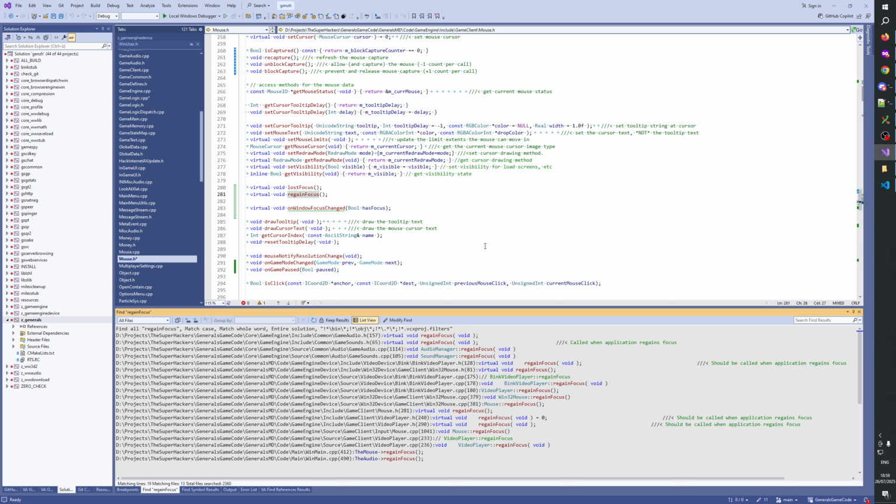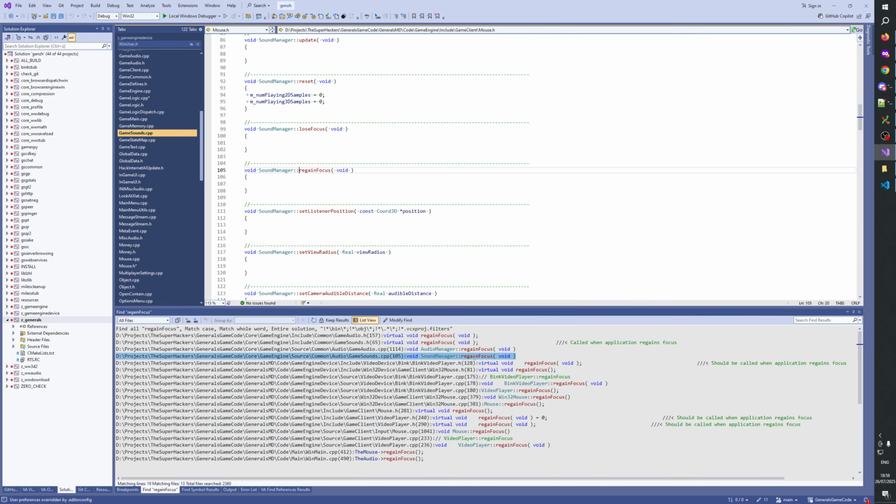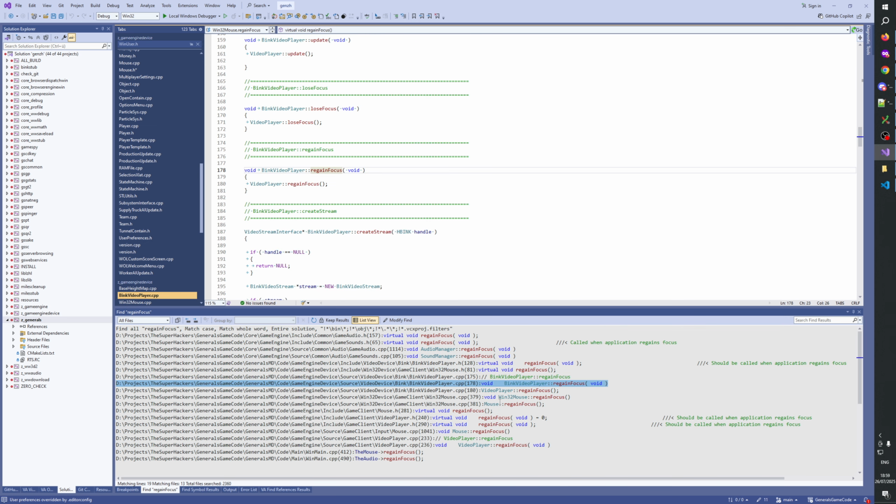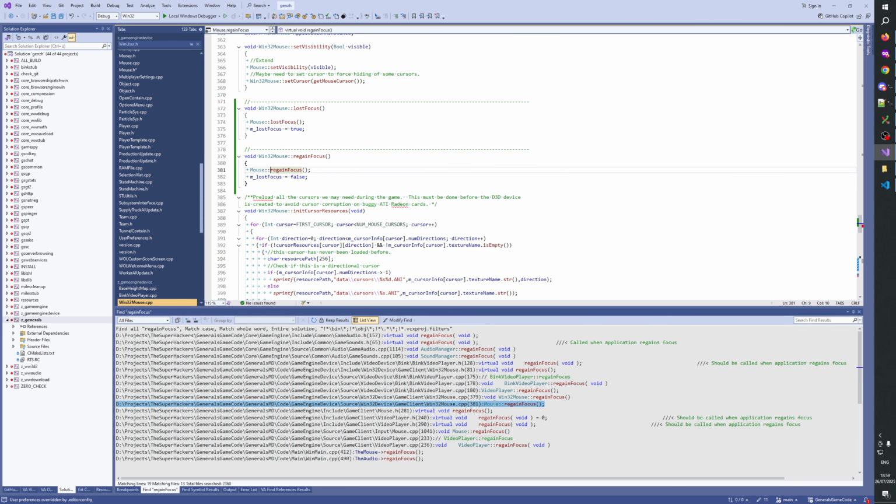Regain focus. Seems to be a common pattern here. Lose focus, regain focus. Yeah. Maybe we just keep it that way.